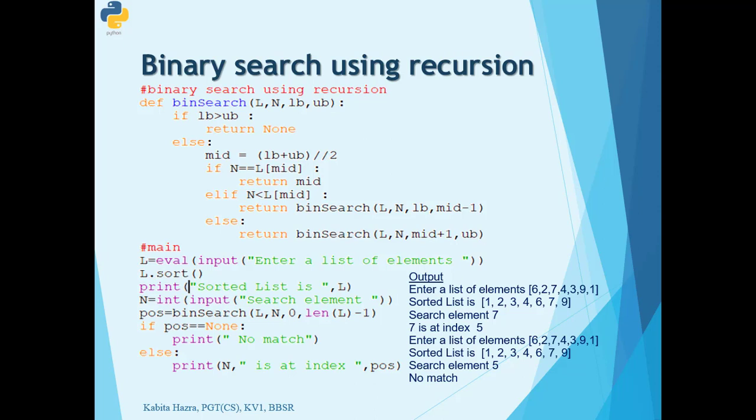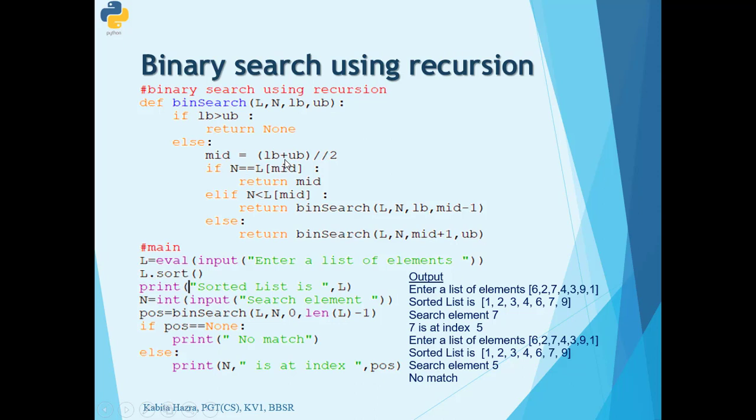So let me explain here. This is the function definition for the binary search function, where we are passing a list, the element to be searched in the list, the lower bound, which is initially passed as 0, and the upper bound, which is initially passed as the last index value, that is length of list minus 1. If we have reached the base case, that is lower bound is greater than upper bound, we reach this case when no match is found, so it will return None, and we are checking that if the position returned from the binary search is None, then there is no match. Otherwise, there is obviously a match.